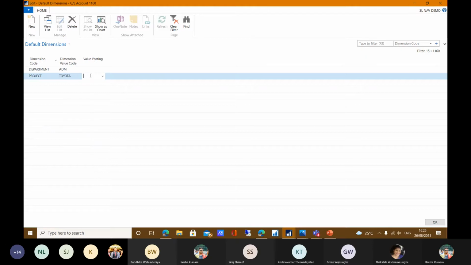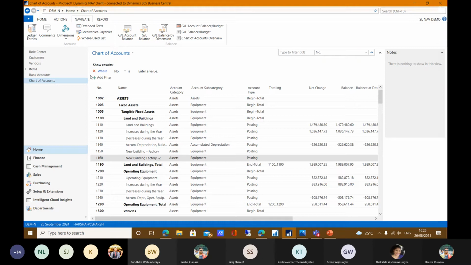Then, as per assigning it like this, anyone can't post any data without this dimension, because you have already predefined the dimension rule as department should be administration and project should be Toyota. Then no entry will post to NAV without both dimensions, and the user can't post any data without this dimension. Then I will move forward to the expense account,